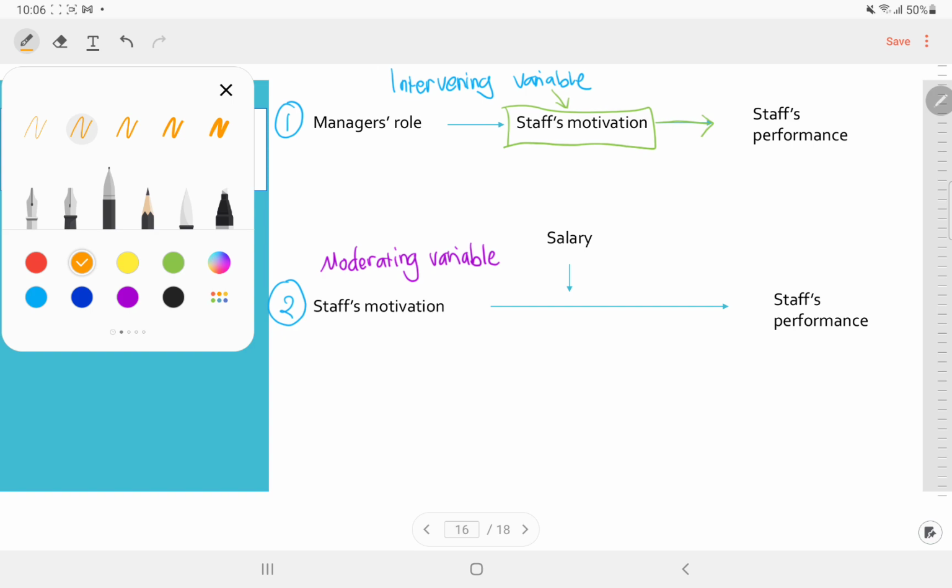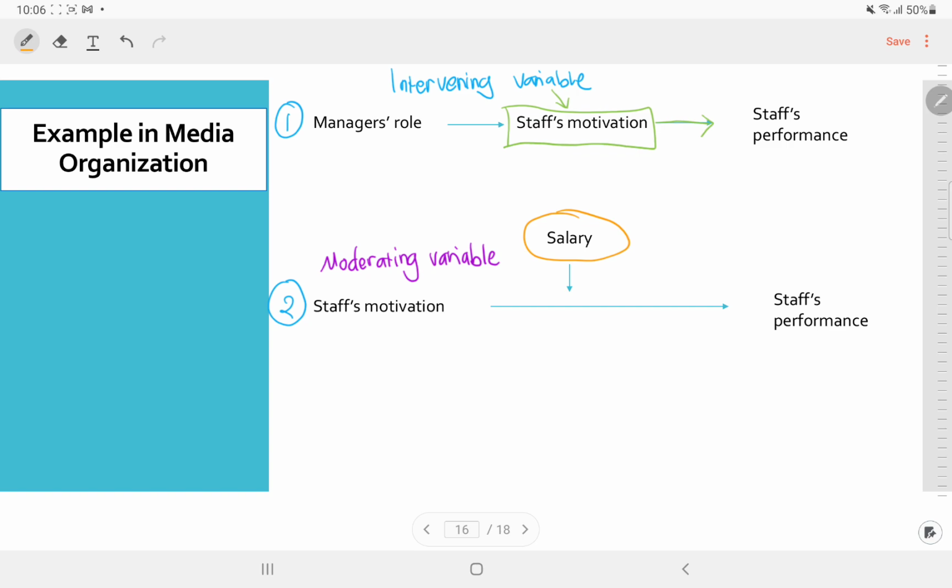When we are talking about moderating variables, please focus on the salary. The salary is the moderating variable. What does it mean? The staff motivations can directly influence the staff performance here. We have the direct arrow. So, how can the salary be useful for this situation? Yes, the salary will develop the motivations,